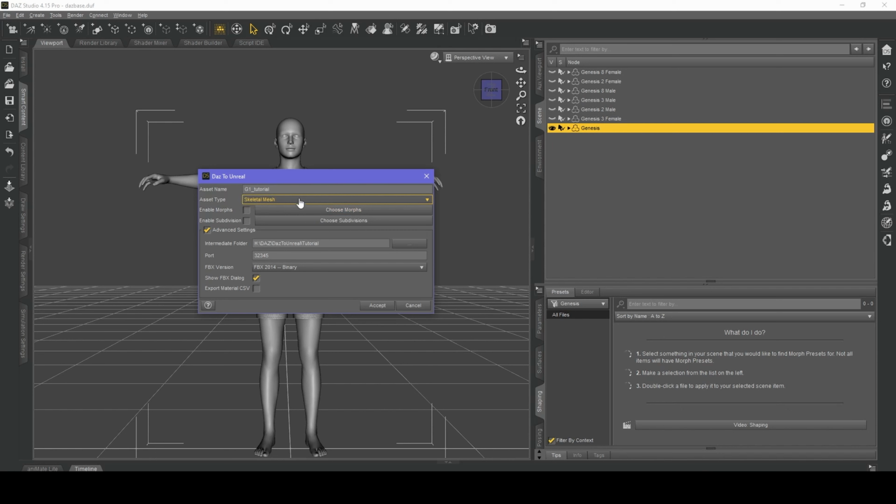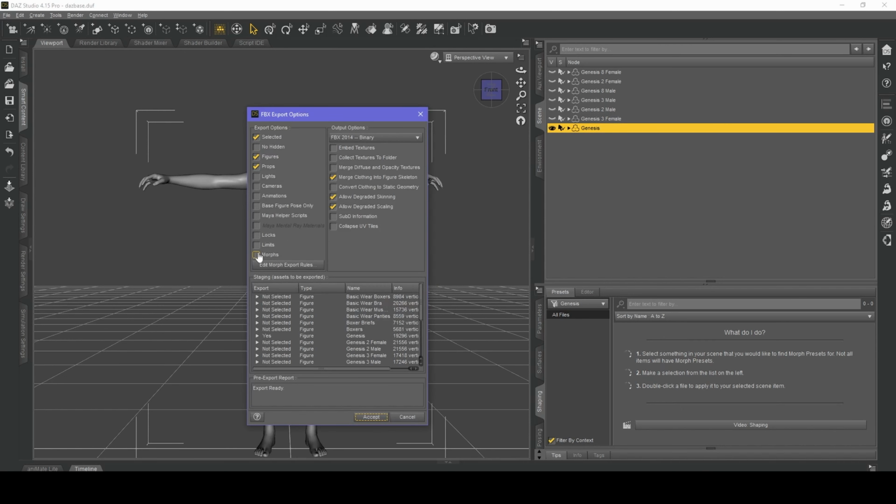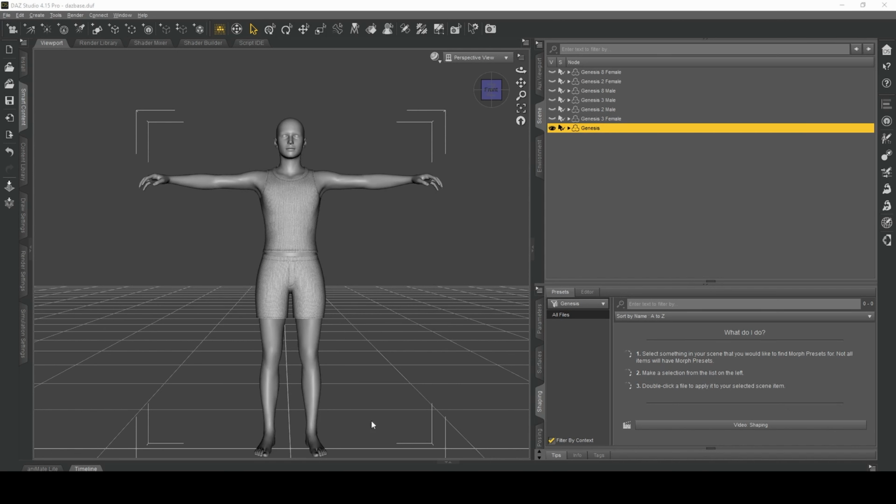So G1 tutorial, skeletal mesh. We'll not bother with enable morphs or subdivisions. Advanced settings, we need show FBX dialog, and then remember where you are storing these files. That might be important later. So we accept, and accept.